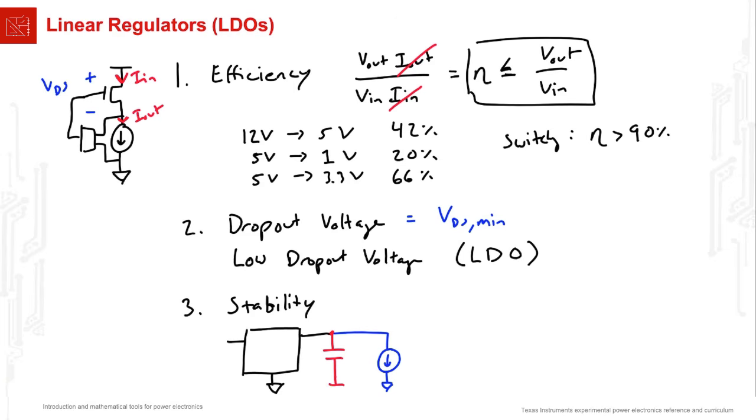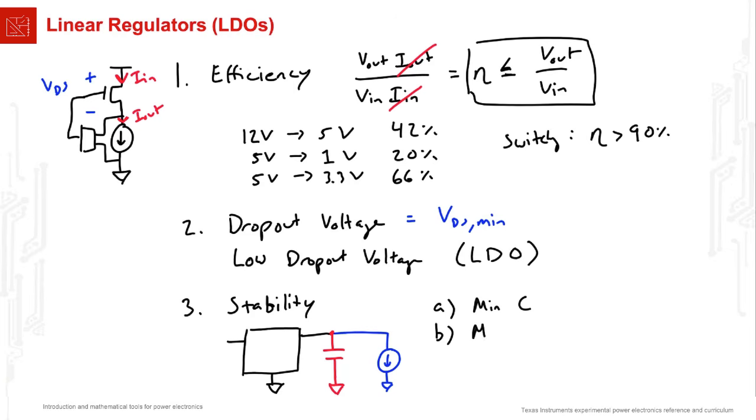Now, it's typical to put a capacitor at the output of any kind of power converter in case, for example, the load suddenly changes to a different value. You don't want the voltage to drop, and so you have this source of high-frequency current available in the form of the capacitor. So that's common anyway. The trick with LDOs is that they sometimes have a minimum capacitance, otherwise they won't even be stable. In other words, the output voltage won't even settle to the value you want it to settle to.